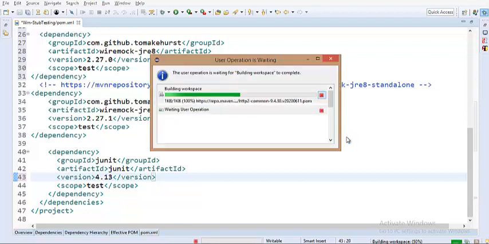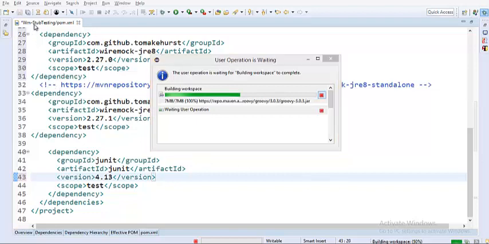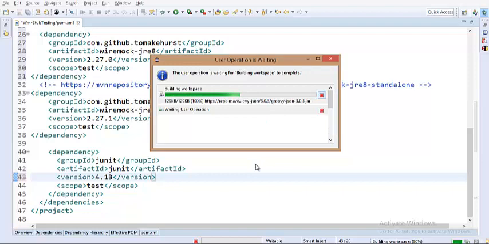I think we are building the workspace and all the dependencies are being downloaded to my local, and you can see the workspace is being built here and the process is going. It is basically downloading all the dependencies from the remote central repository to my local. Those would be stored in the M2 repository. This process has to be completed, and only then will we be able to interact with the other files in our project. I think this should complete in a few seconds, so let us just wait for it.